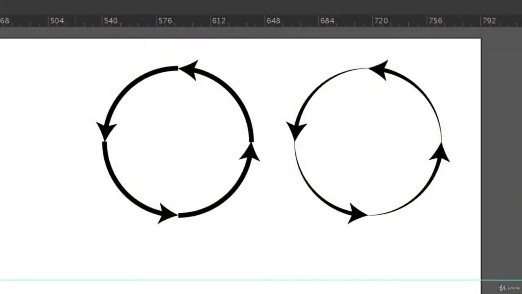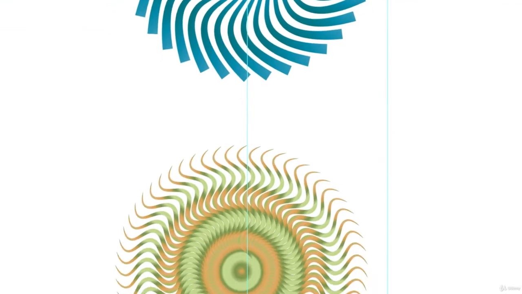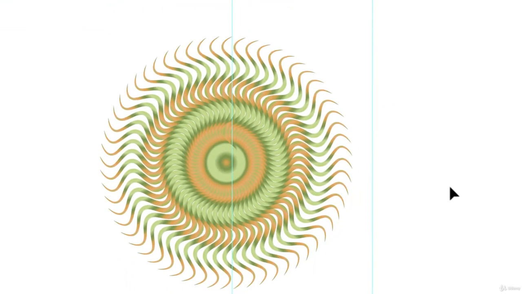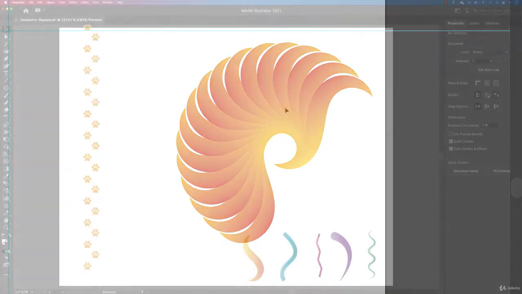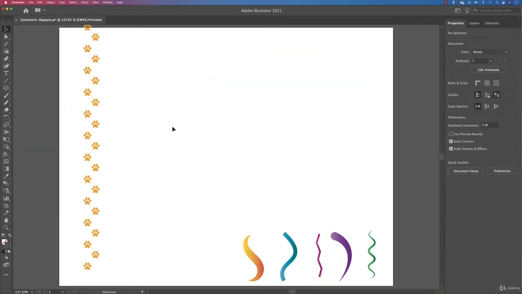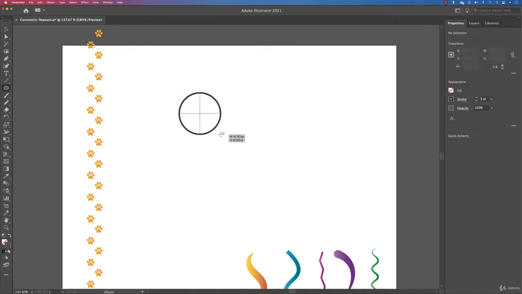Hi there, in this tutorial, I'm gonna show you how to use the rotate tool. The very hard way and the really easy way, where you are gonna adopt, of course, the easy way. Now, before I start playing with the rotation tool, I would like to create a circle, just a perfect circle